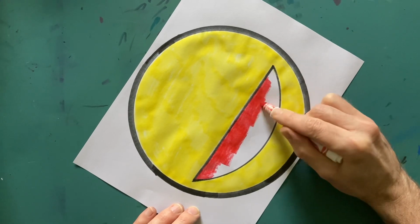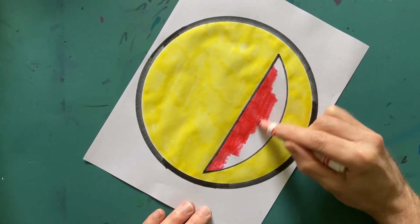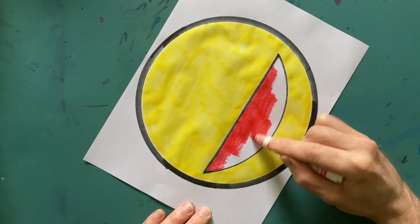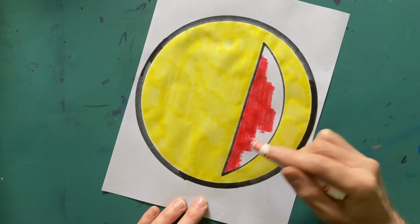Actually, the drawings, this is the most time-consuming drawing. The rest of them don't take as long. Got to plan it out that way. Anyway,